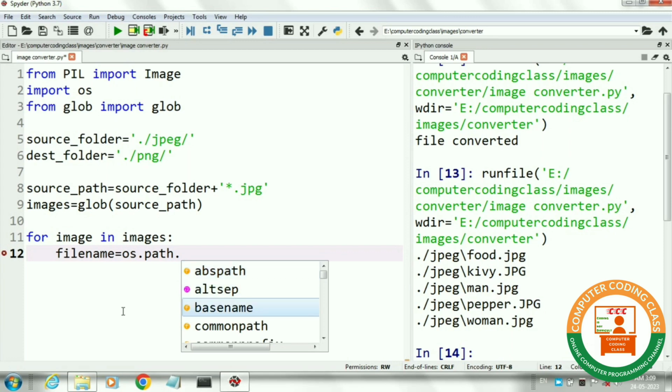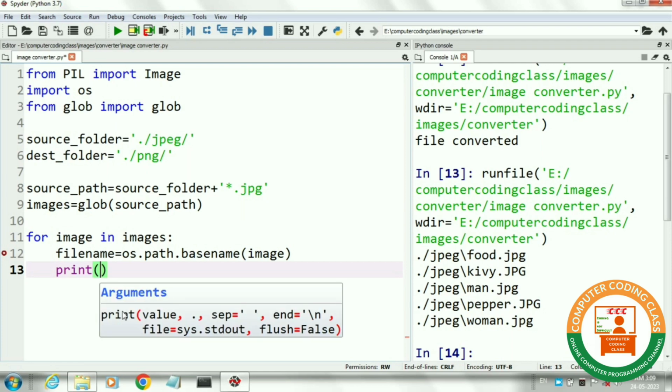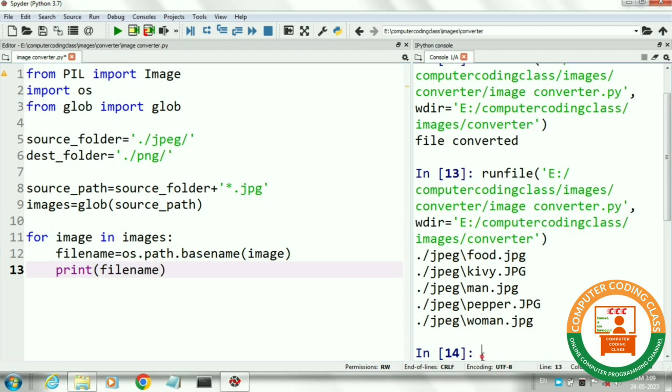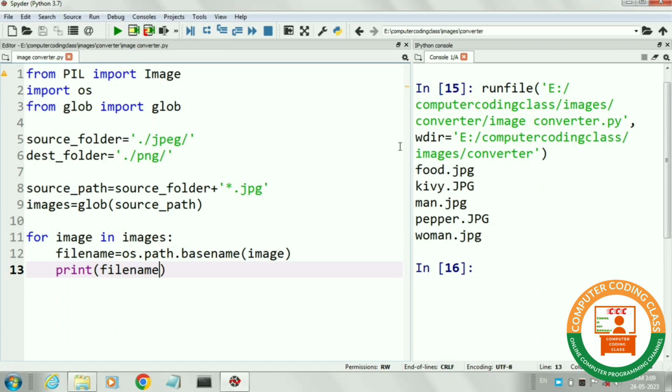Next, we will print the file name and run the program. That will show you the list of image names without folder name, without path. In the output window, it is showing the list of all the images with extension.